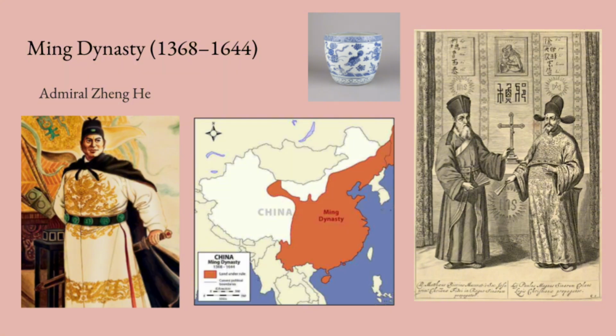There are many goods that were traded, however, one that will be brought up later again in this presentation is the blue and white porcelain, which was an important art form during this dynasty. This period is also marked by the arrival of Jesuit missionaries, which led to significant cultural exchange, with China gaining European knowledge and technologies while adapting Christian faith to its culture and customs.